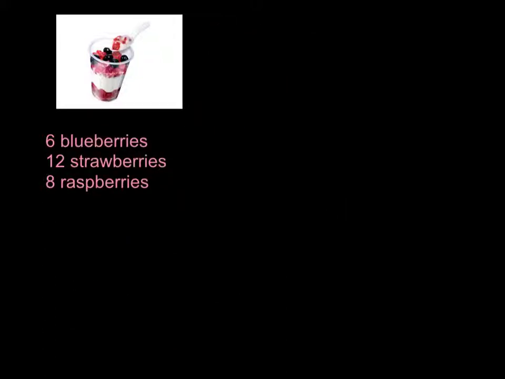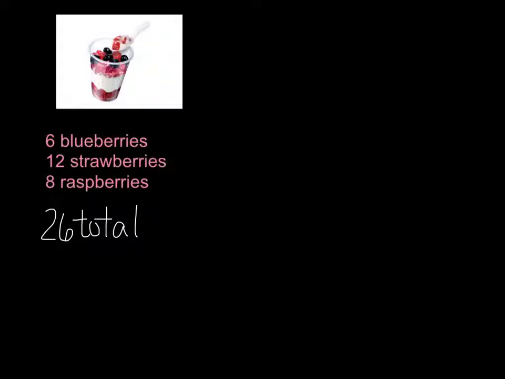We can also use ratios to compare parts to a whole. So we have our total amount of fruit that's in this fruit and yogurt parfait listed here. The total amount of fruit can be found by adding up all of the fruit, and that will be our total. So if we do 6 plus 12, we get 18, and 18 plus 8 is 26. So we're going to write our 26 is the total